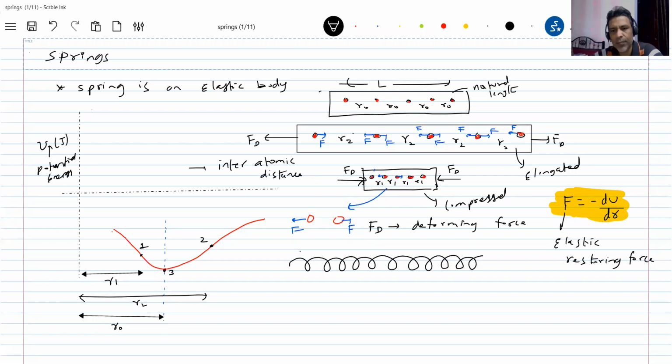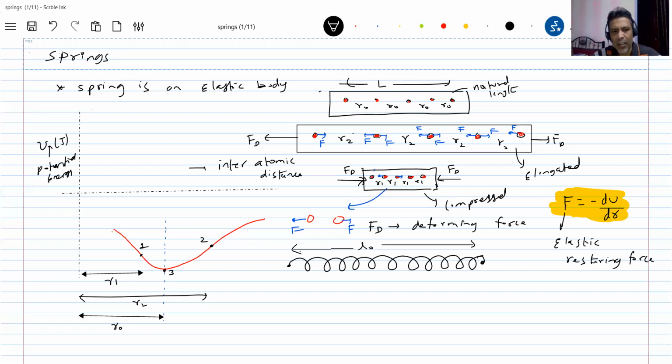This is a spring. So the spring will have a natural length L naught. Sir, what about the spring? I think you look at the spring in a pen. Nowadays it's available in bikes. At many places, you see this particular spring, no? So that is what I'm going to discuss here now. If you look at the spring, it will have a natural length, meaning no elongation, no compression. So, spring at natural length.